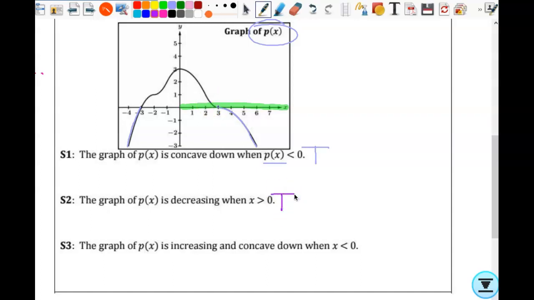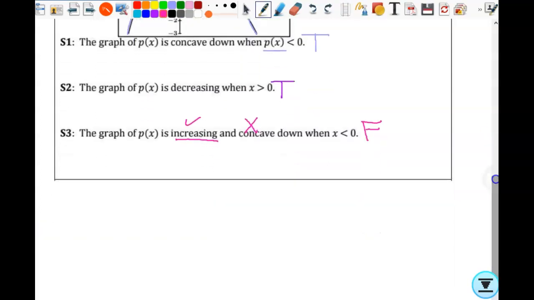And then the graph of P of x is increasing and concave down where x is less than 0. So this is x is less than 0. Is it increasing the whole time? Yes. Is it concave down the whole time? No, it's false. So it's not both. So we can say P is increasing and concave down